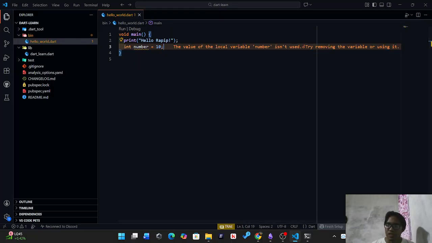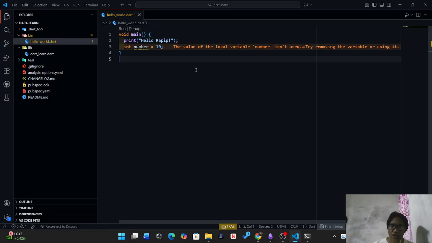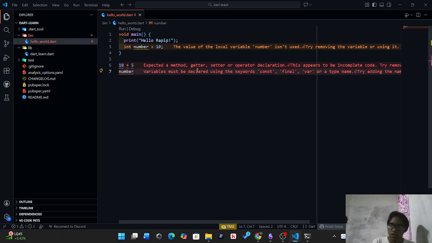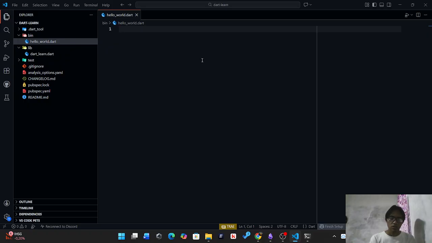and the expression is a piece of code that evaluates to a value, like maybe just like 10 plus 5, and number, like this is an expression. Okay, for example, we have to delete all this and put the